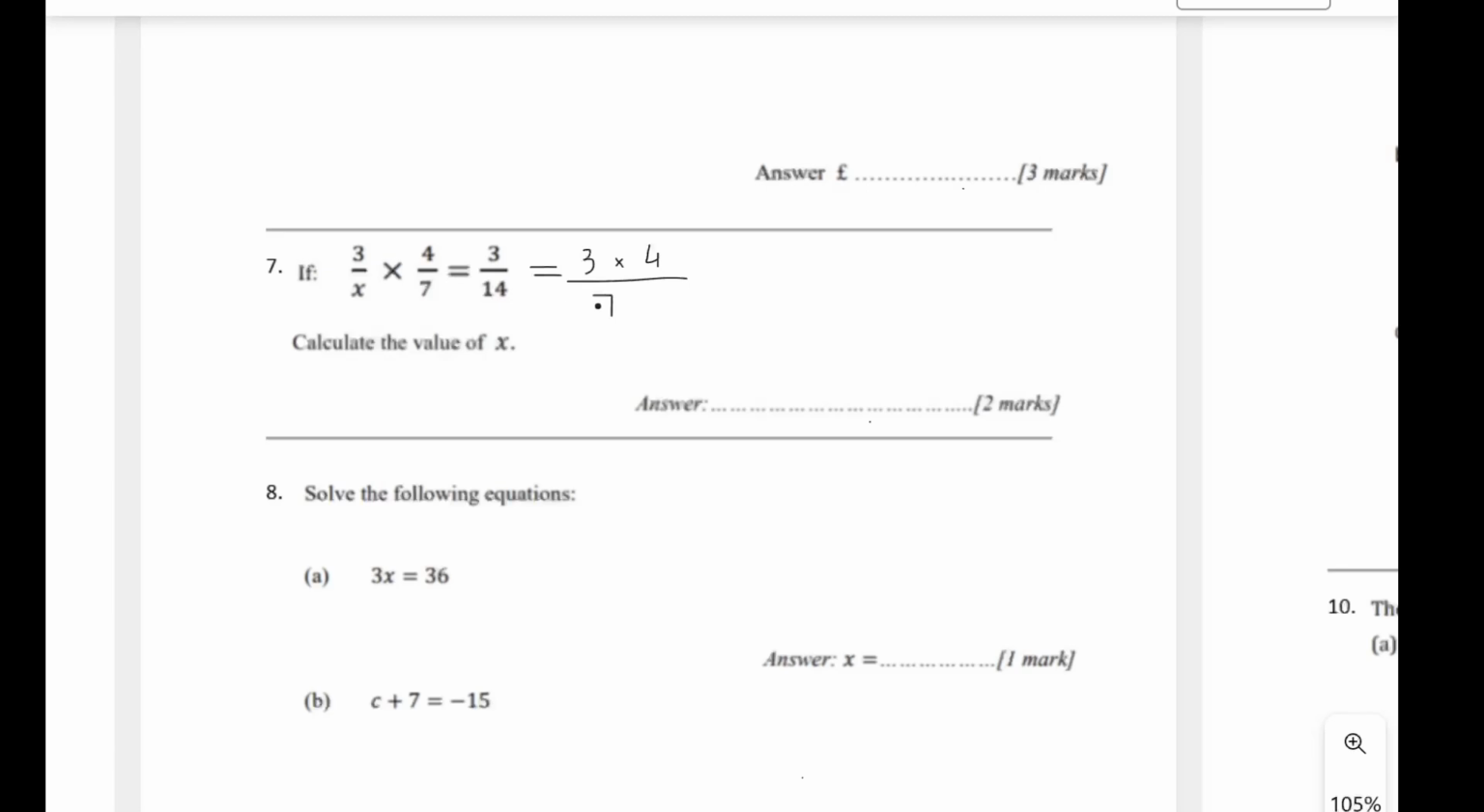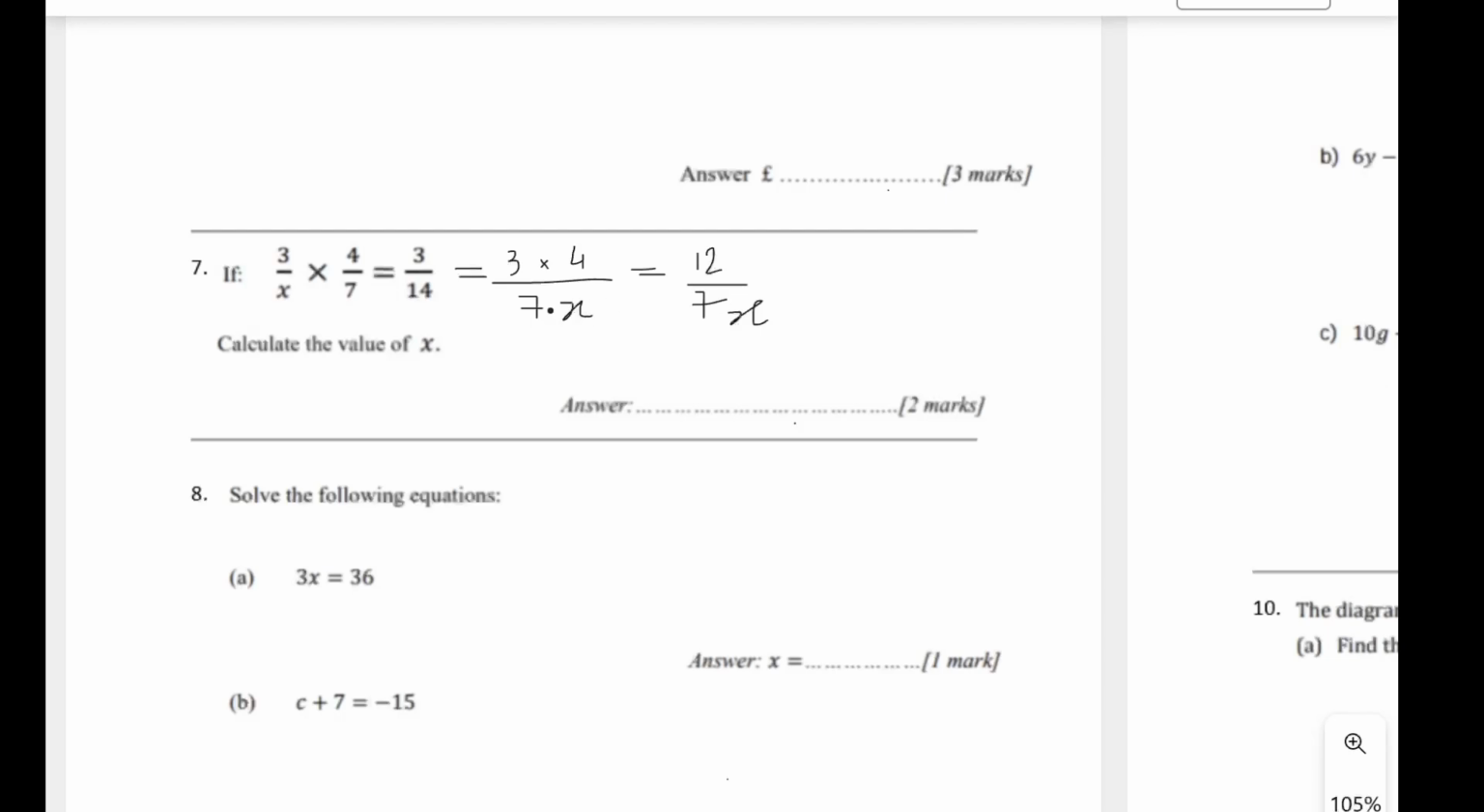3 times 4 over 7x is equal to 3/14. But this is equal to 12 over 7x. But 12 over 7x is also equal to 3/14. So what we're going to do is cross multiply. Let's write that over here just to remind ourselves. 3 over 14. We should know how to solve out this equation. Let's cross multiply, which means this goes there and that multiplies over here, which means we are left with